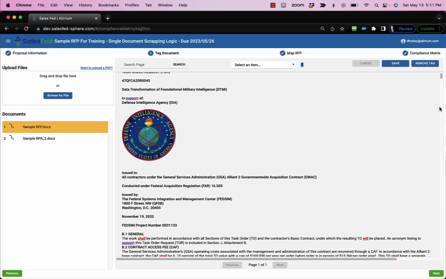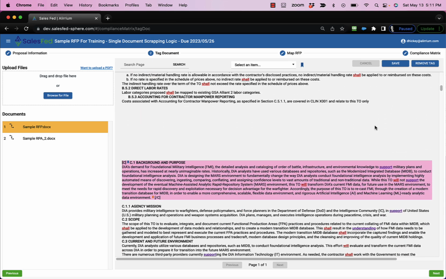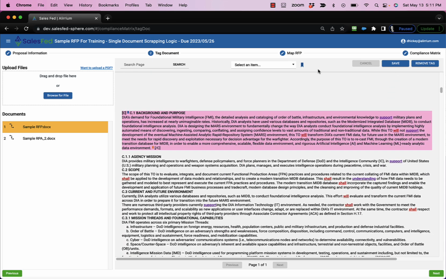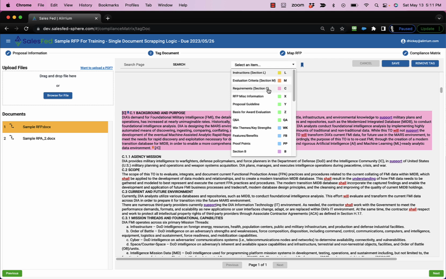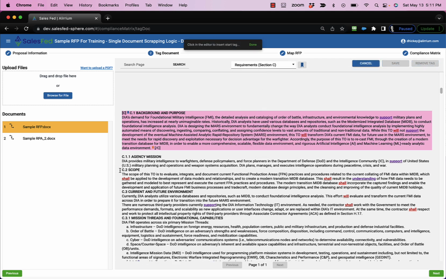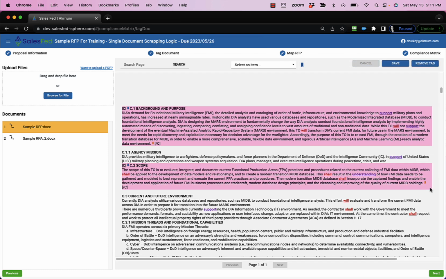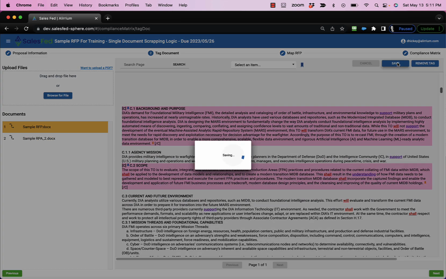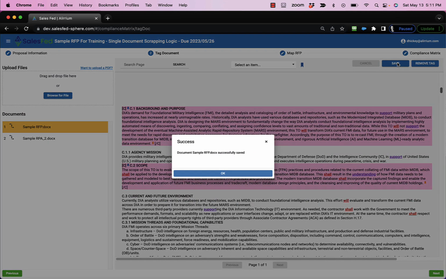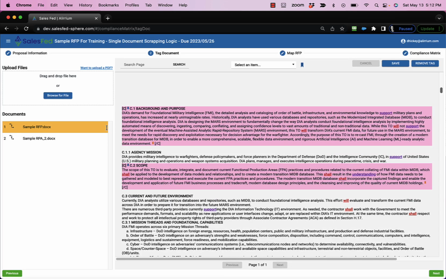to my first document and scrape another part of section C, I'm going to add scope of work. It'll be easy to see within that. So quick save. Okay, we have confirmation, and so I just tagged another section within the first document, and you'll notice that the documents are numbered, so this is document 1, and now I'm going to go back,